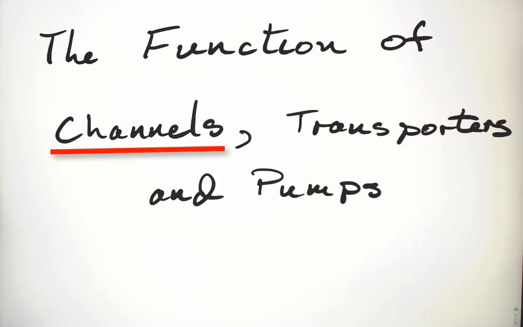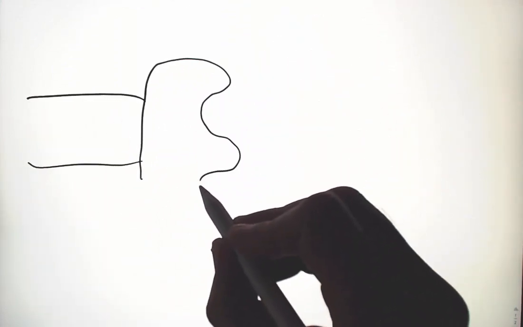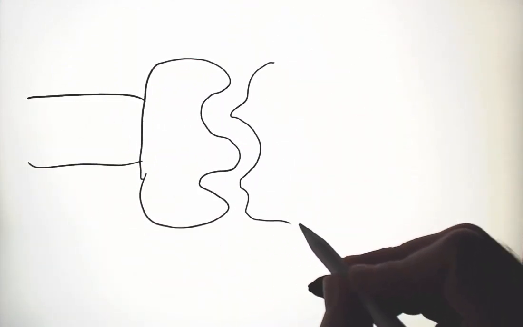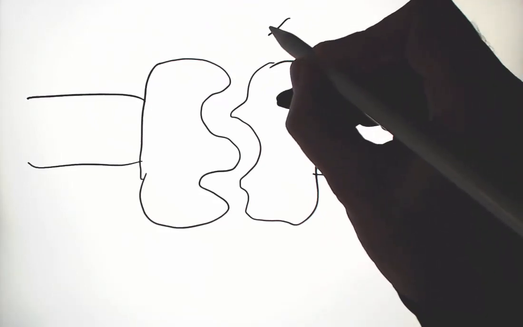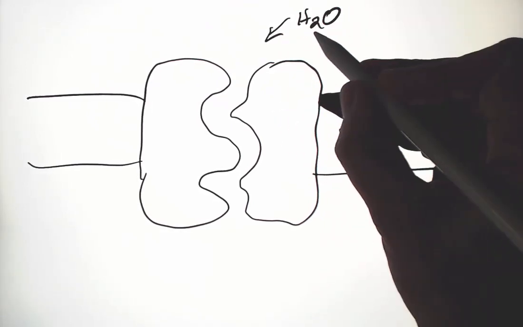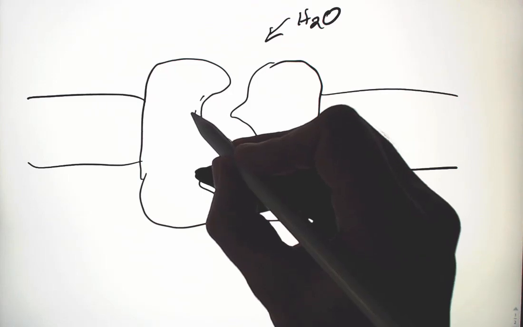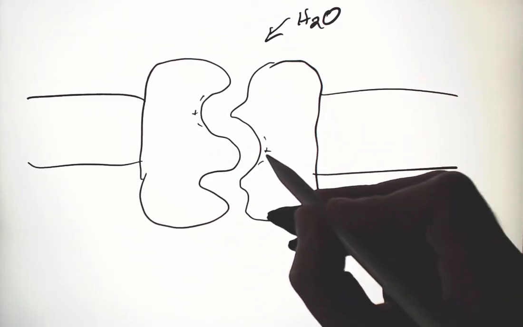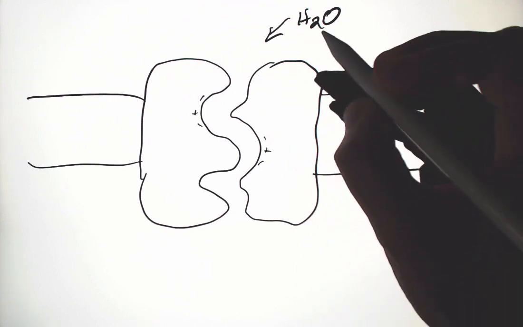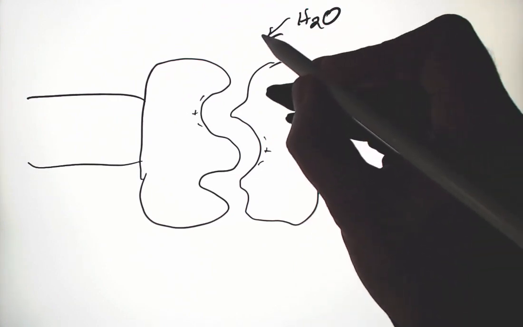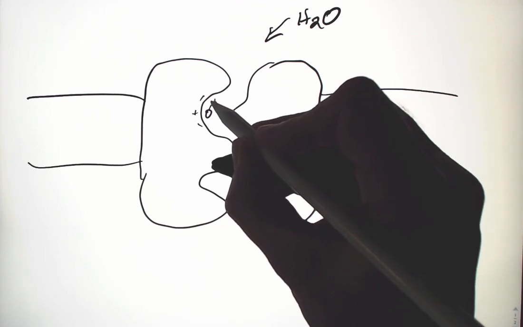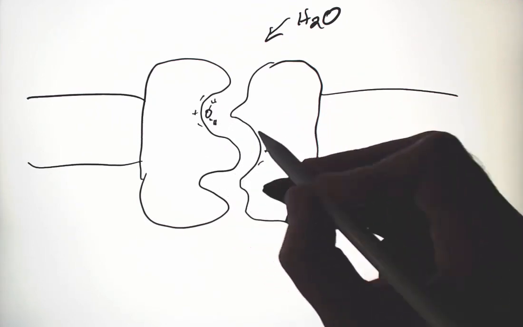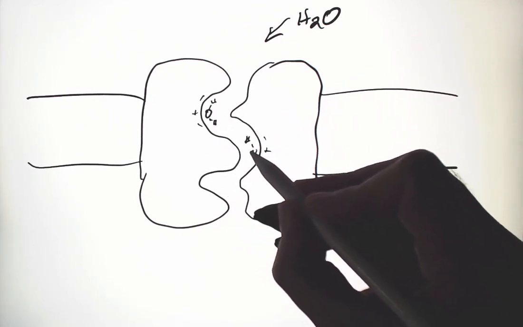How do protein channels move ions and other molecules across membranes? Channels have a channel, an opening, through the middle that allows molecules to pass. In the case of an aquaporin, which moves water, the channel has charge distributions at places throughout the channel that match the charge distributions on the molecule moving through. In the case of water, the slight negative charge on the oxygen, the positive on the hydrogens, allows the water